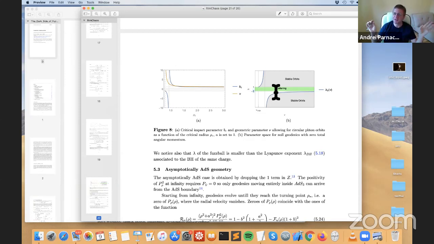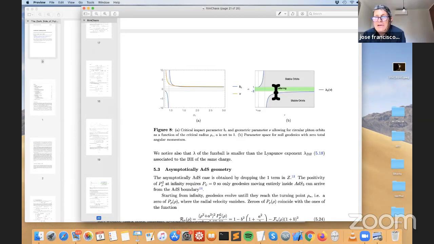Right. Well, in that case, then it would be a 6-point function. When I said 4-point function, I meant 4-point function at finite temperature. So you're looking at a 2-point function. Okay. Sure. And that basically corresponds to studying one geodesic. And the relevant region, as you explained, is the region near the photon ring. So my question was, did you have a chance to study the effect of these high derivative gravity corrections on your Lyapunov exponents? I believe yes.